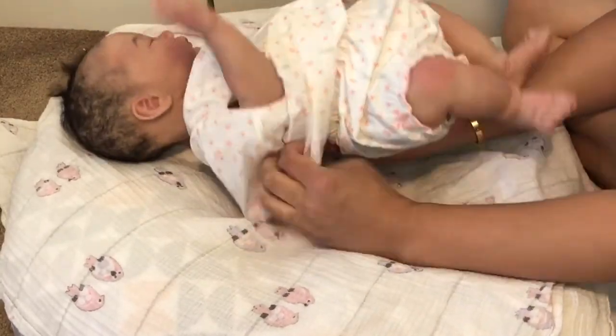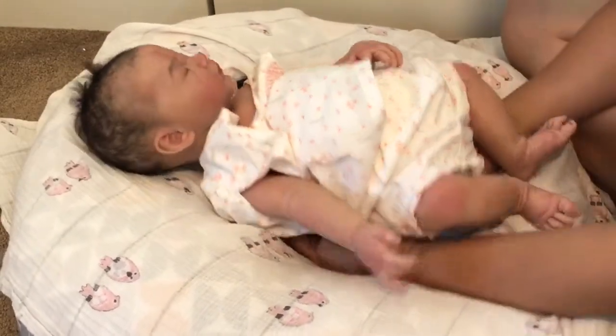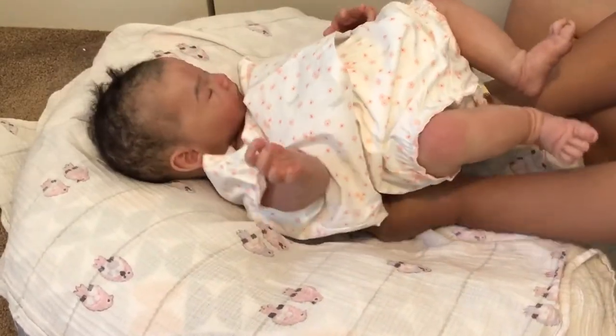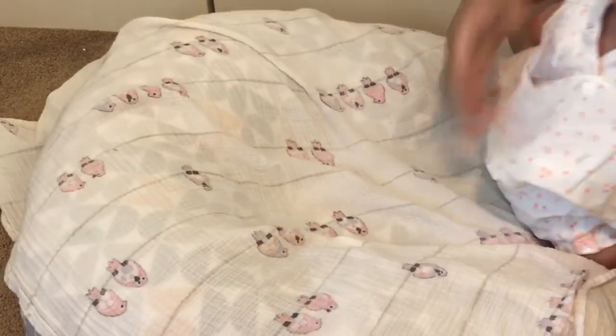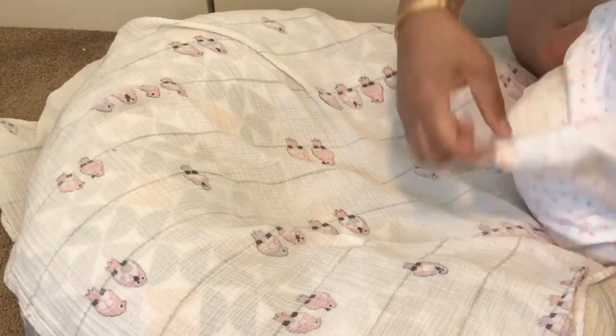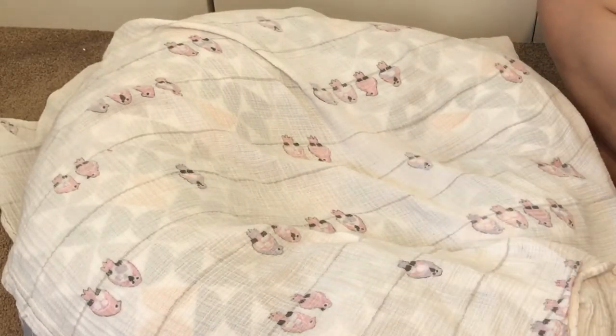But I do love them and interact with them, and they look and feel like real babies in so many ways. Oh my gosh, this is so hard to dress. Hang on, let me see if I can, hold on. I may need to put her on my lap here for just a second while I adjust this. This is